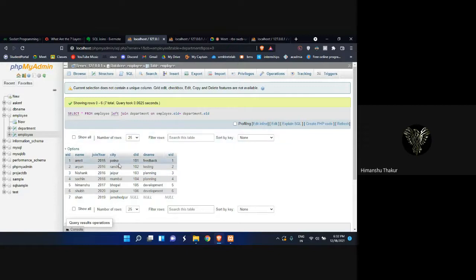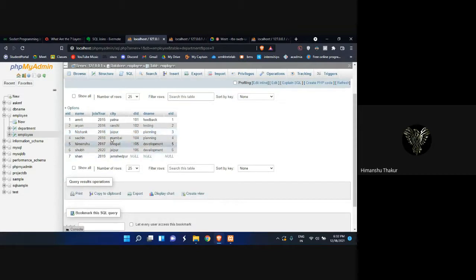So if I just do a left join and then ask for the department of Shan, it will give me null. But without left join, if I would have asked for the department of Shan, it would have said that it is undefined. It is not possible. The record is not even there.